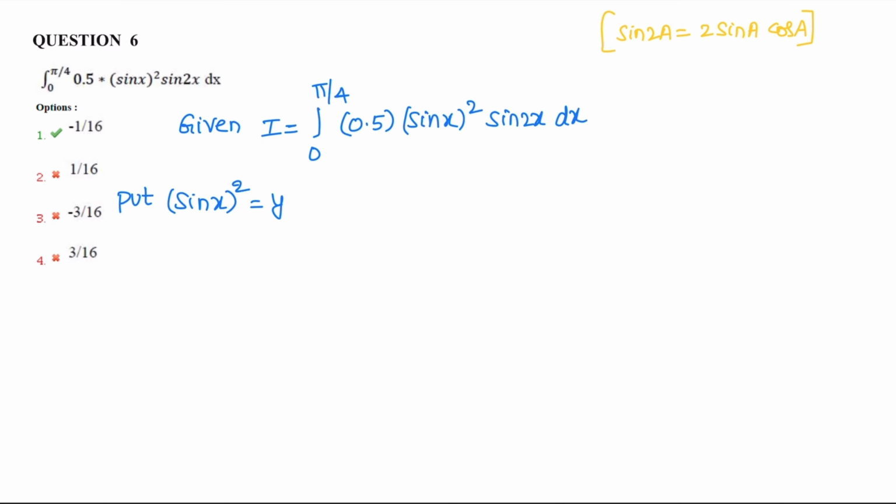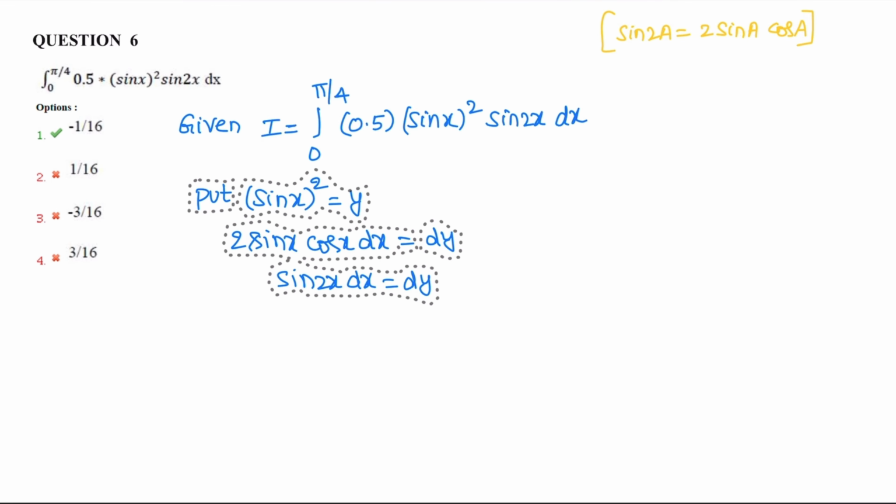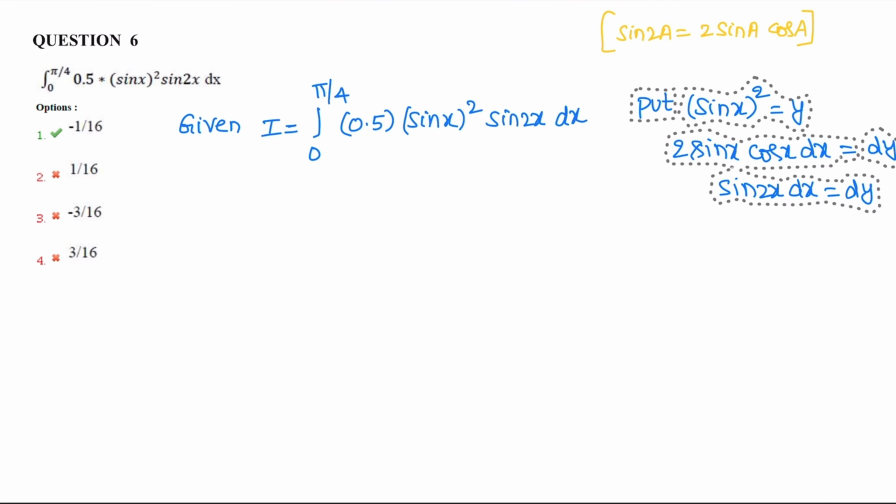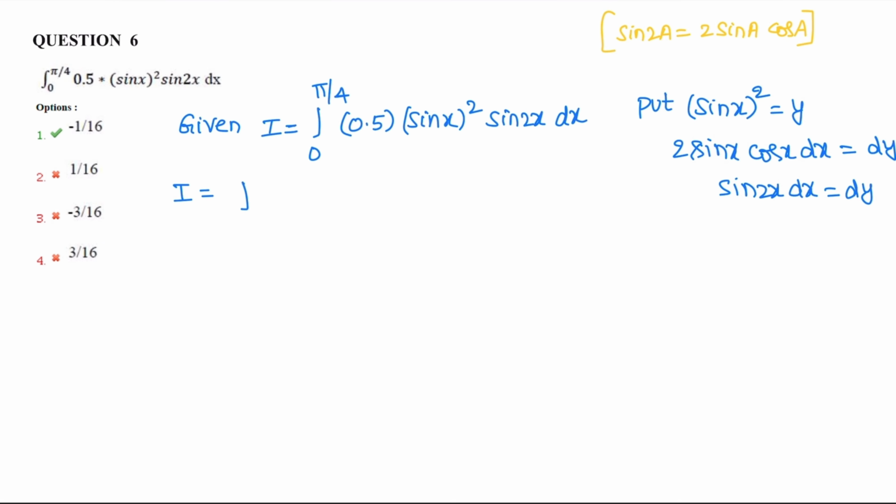So differentiate on both sides, that is 2 sin x and d by dx of sin x is cos x dx is equal to dy. 2 sin x cos x is sin 2x dx is equal to dy. So replace the given integral I is equal to integral,